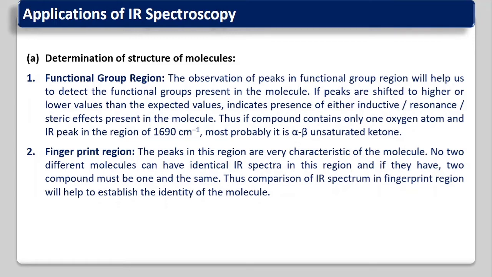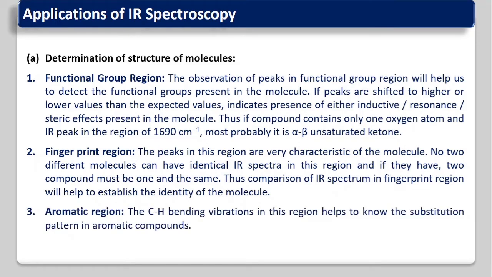Suppose in forensic sciences, someone has taken some poison, and we want to know which poison. Then we record its IR spectrum and match it with the IR spectra of known poisons. So we will understand that if the two IR spectra match, then those two poisons are the same. So in this way we can identify what poison is present in the body of that particular person. So this is useful for the identification or comparing the data.